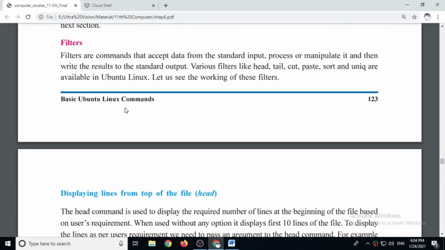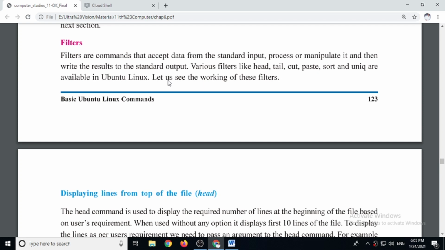Now next is filters. We have to see filter commands. The filter commands that we have to use are head, tail, cut, paste, sort and unique. All these are known as filter commands because they show the required output from a file.